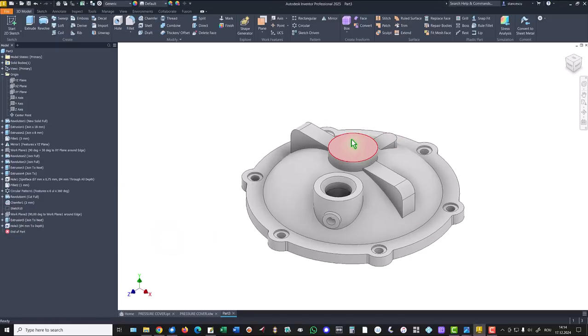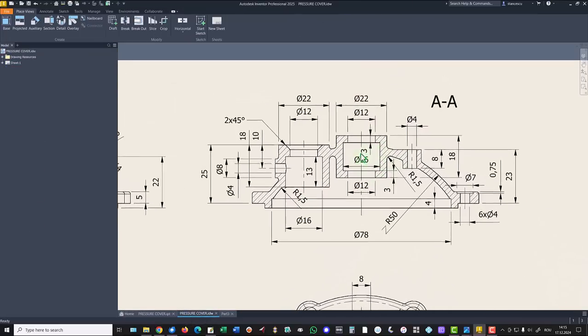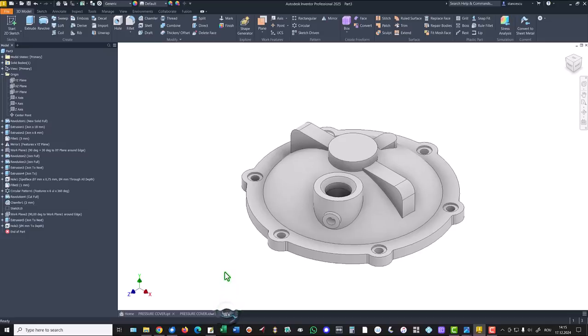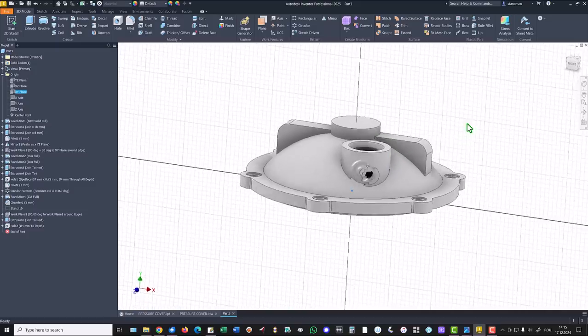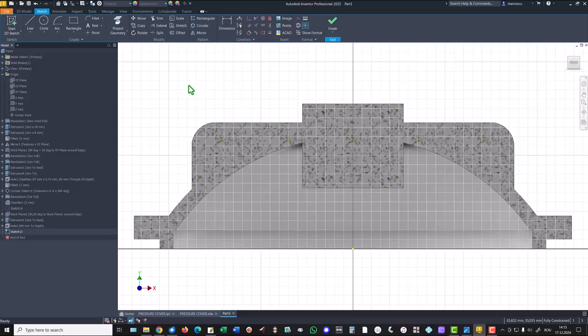The other cylinder has a hole inside. Dimensions are here: 12, 16, again 12, 3 and 3. Let's do this. We use XY plane, F7, and we draw again a line between these two centers because we can select them. This is a center line,